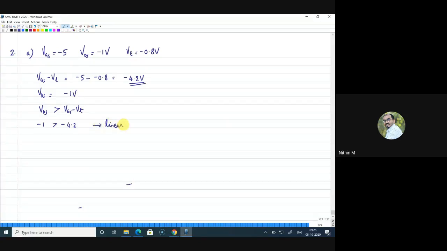Now, if you write the other form, we will write it in terms of VSD. In that case, we have to consider the magnitude of the threshold voltage, since we are reversing the potential. We generally represent it as mod VT. I will not bring that in now, but definitely we will do it that way also. Let all of you get comfortable with this way, and later we can go with the other notation as well. So for this case, your drain current will be equal to, what is the value?